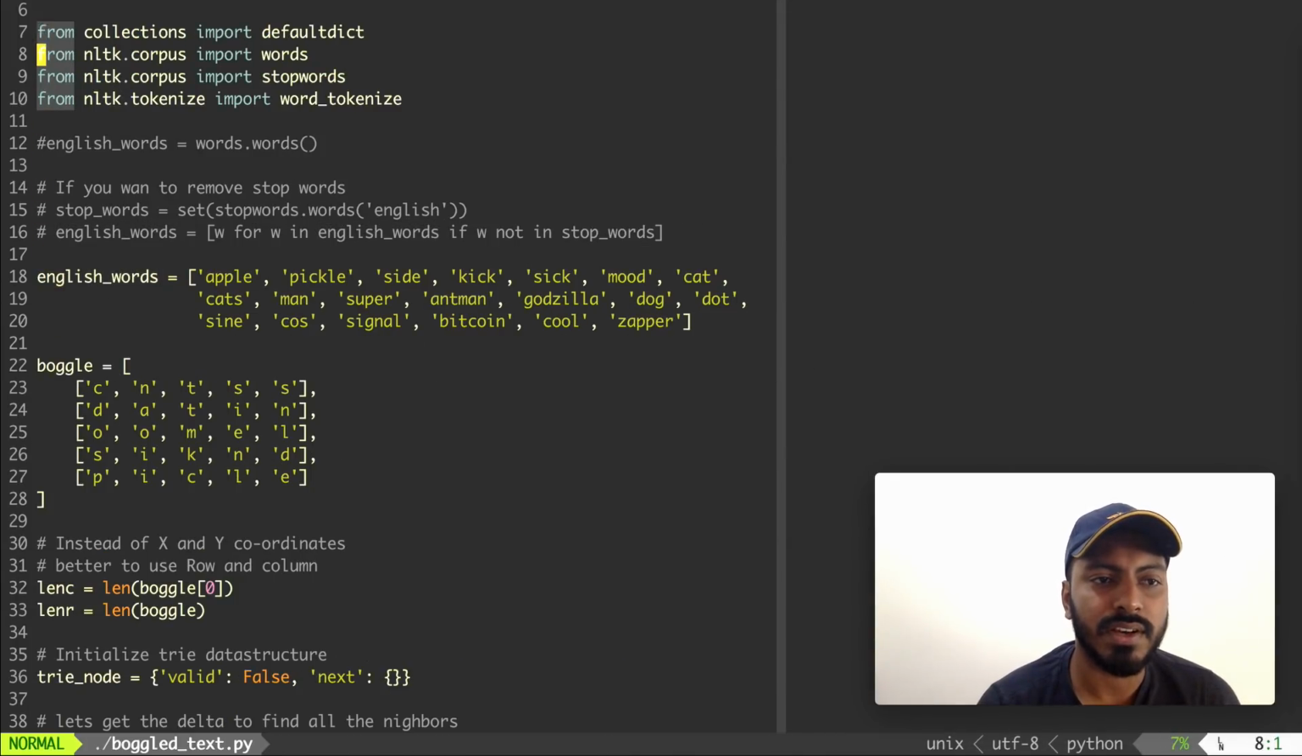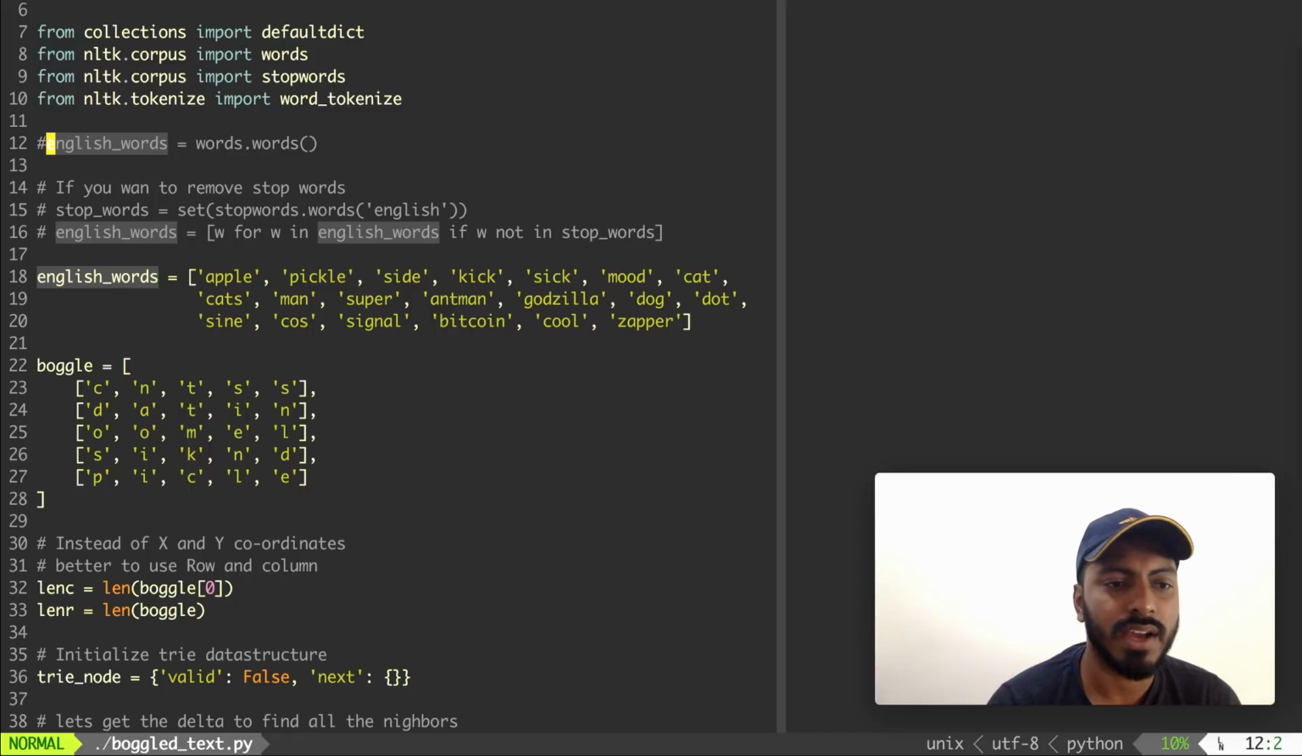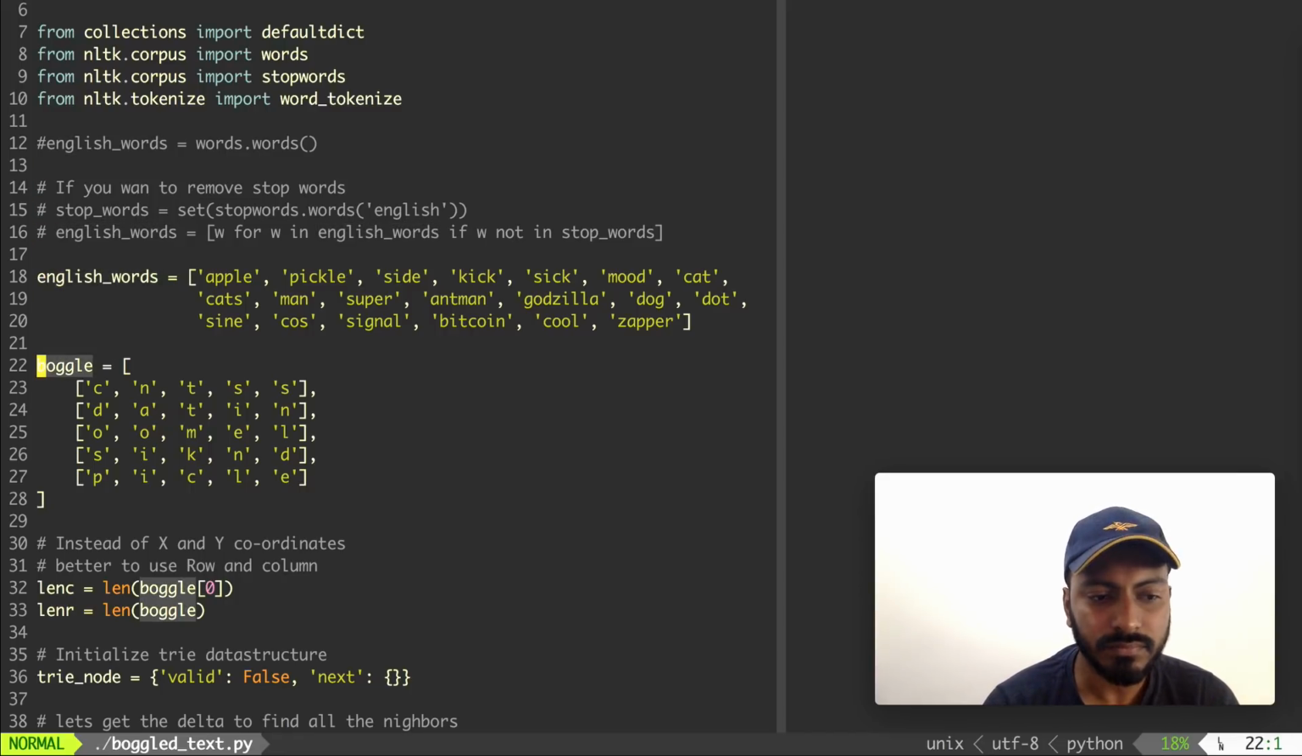This part over here is all Python imports, which imports default dict to build nodes for the trie data structure, and NLTK corpus words to get all the valid words in the English dictionary. We can use stop words to remove some words like if, and, or, etc., and tokenize is used to do the same thing. So this part of the code is to get the English word dictionary. Uncomment it if you don't want to have this set of words figured out in this given Boggle. Let's go and see